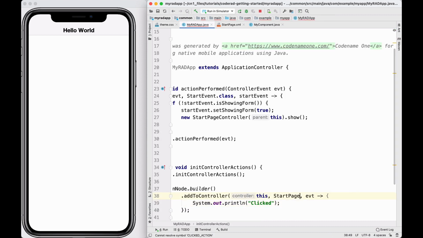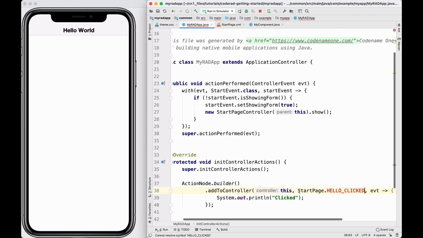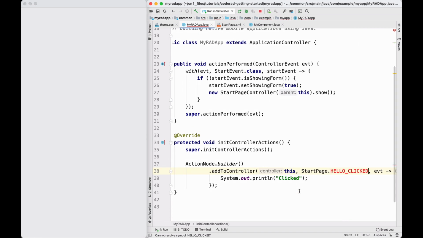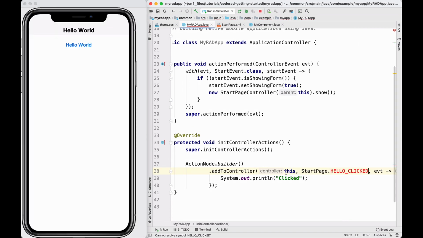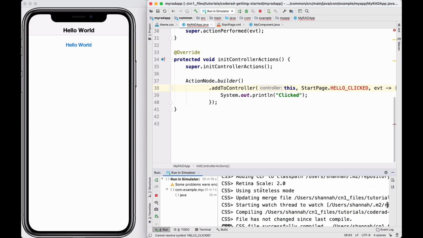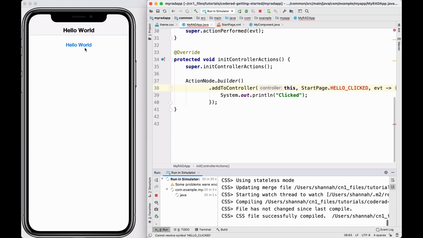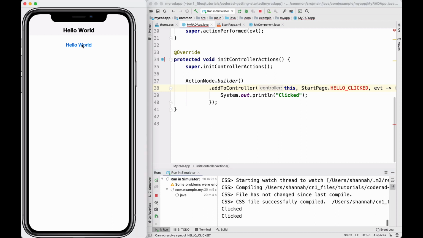So that's why it's highlighting it. Hello. No, it's still complaining. Oh, but you'll notice that my button is back. Now if I show the console here so that I can see, I'm going to click on Hello World, and